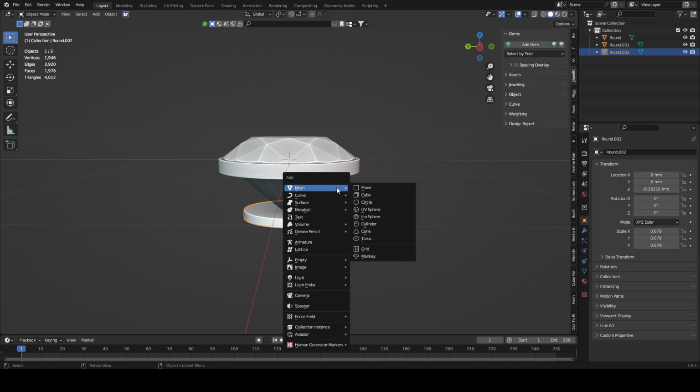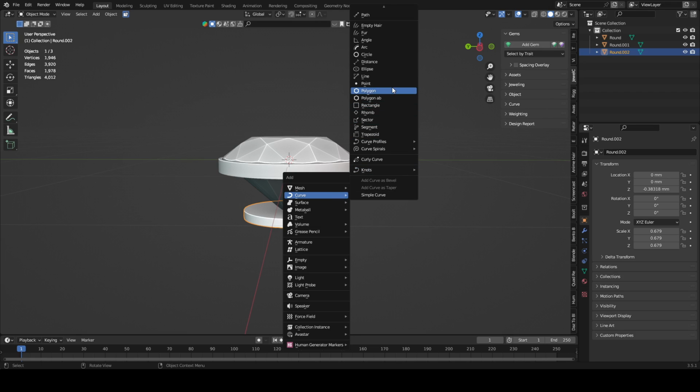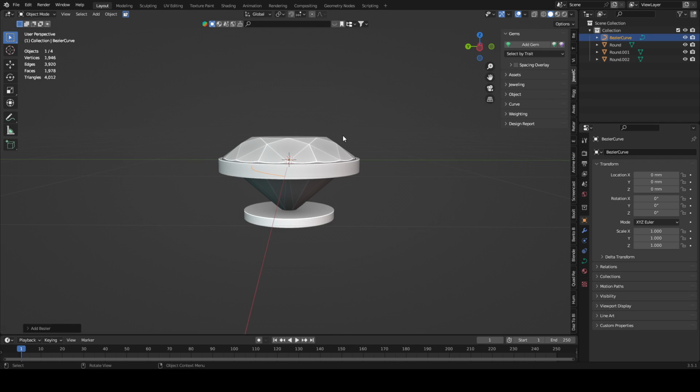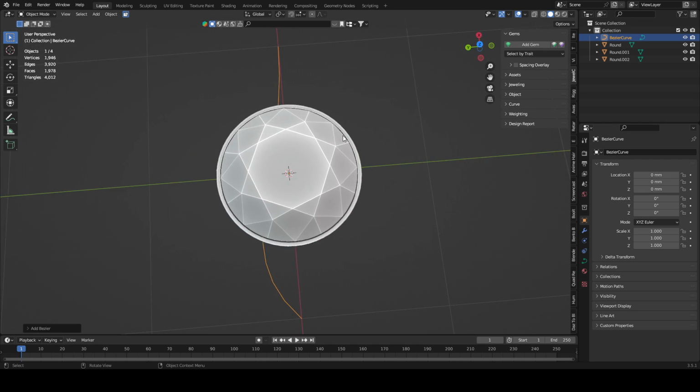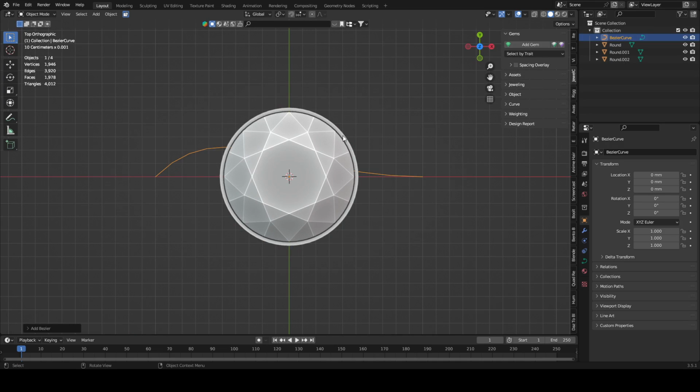So let's add a curve. Not a circle. Let's add a Bezier curve. Bezier, or whatever you want to call it. Let's go into top view. As you can see, this is how our curve looks. Alt Z to go into the X-ray mode. And this is how a curve looks. So let's model the curve to fit the,